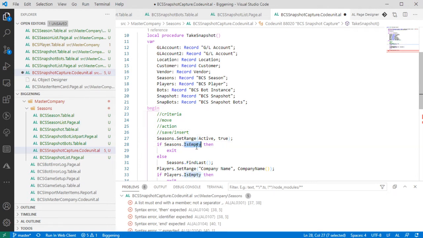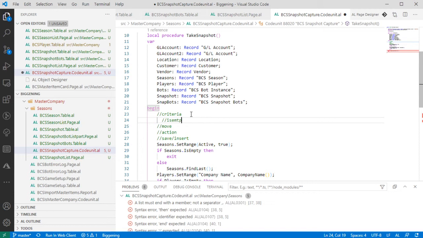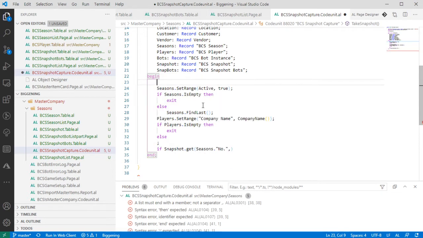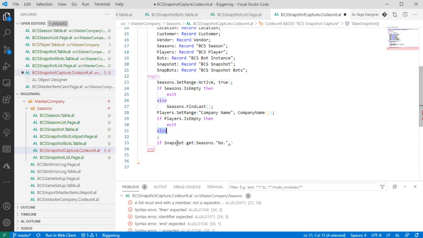Criteria is empty is not a movement. It does not put you on a record. So if this is false when we do seasons.isEmpty, I'm not going to be on a seasons record when I am done. So isEmpty kind of skips you out here at this stage. So in your thinking about design work, isEmpty is more efficient to check for, but it does not count as a move. That can get you in a world of unpleasantness, and was just about to get me in one too,